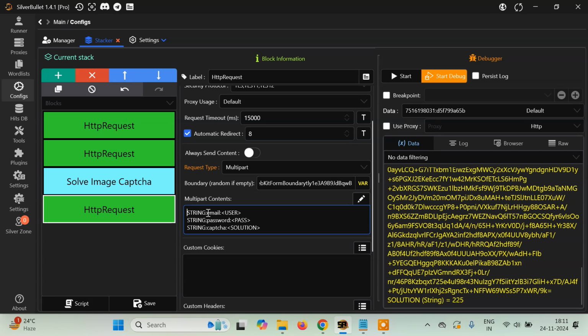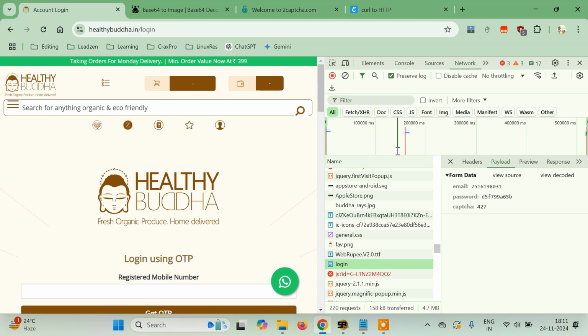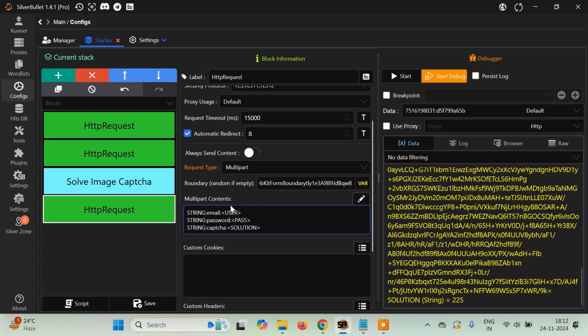Now what does this mean? The value type is string, and email is the same as this one. Email, password, and captcha. The key should be the same: email, password, and captcha. Now for the values,